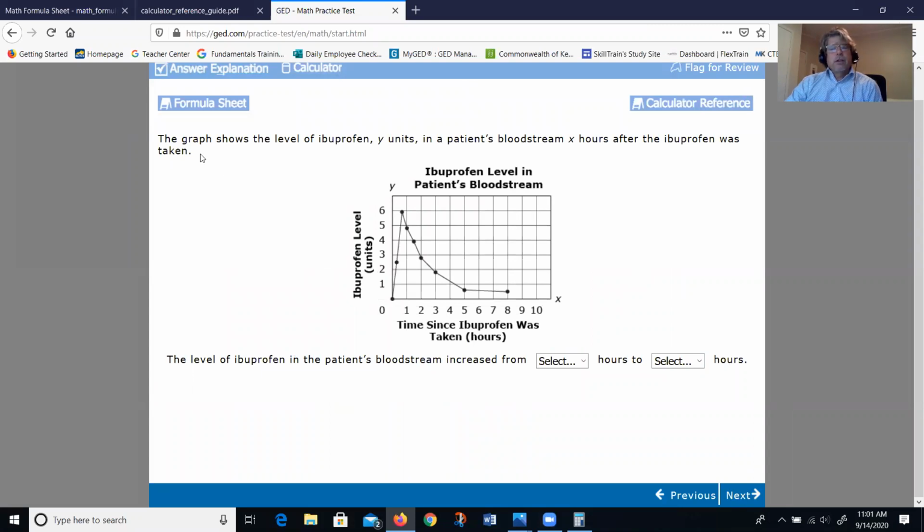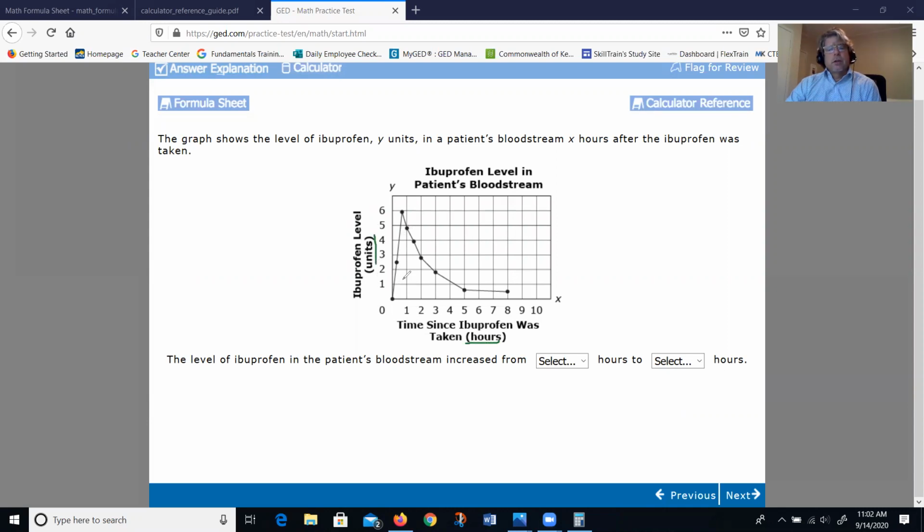So now we have a graphic, got our title, and got our labels for our axes. The graph shows the level of ibuprofen, Y units, in a patient's bloodstream, X hours after the ibuprofen was taken. So this is about ibuprofen in a patient's bloodstream. Notice that the X-axis is the hours. So this is in hours here,